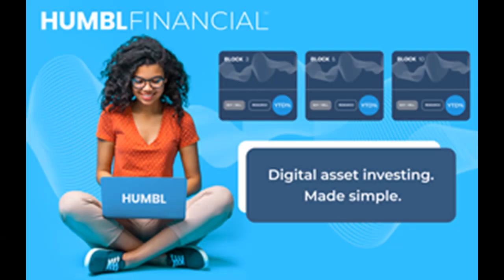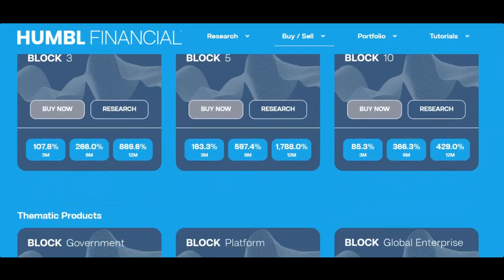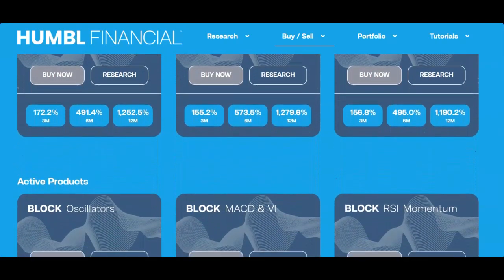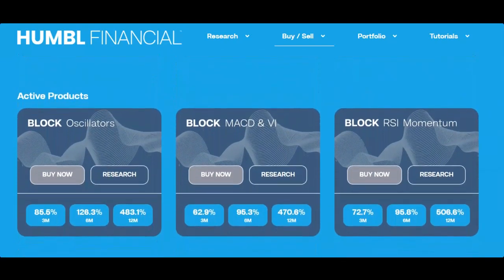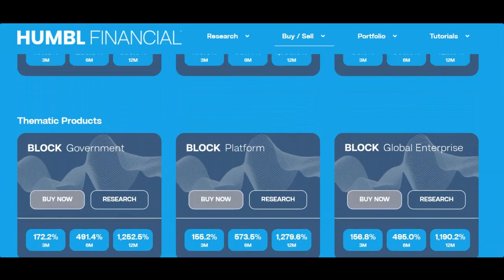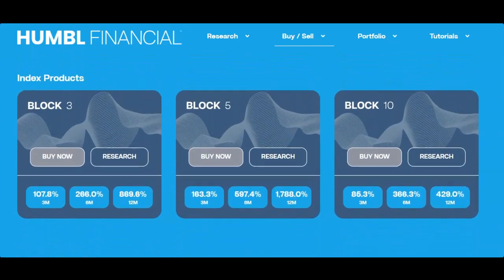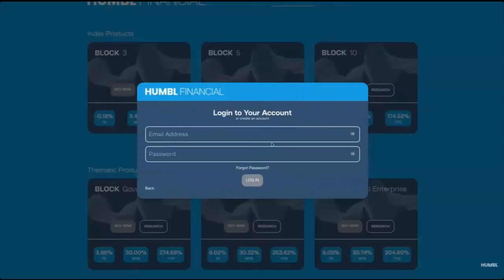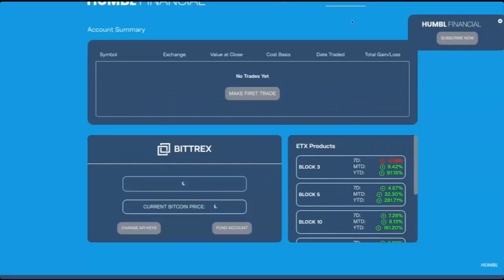Well, since I did my last video, Humbl Incorporated launched its block exchange traded indexes, or ETXs, in over 100 countries across North America, Latin America, Asia, the Middle East, Africa, and the Caribbean. The initial block ETXs include Block 3, Block 5, Block 10, Block Government, Block Platform, Block Global Enterprise, Block RSI, Block MACD and VI, and Block Oscillators. The block ETX lines were created by Humbl Financial to give retail investors access to one-click software services on the new digital asset trading markets. The block ETXs track 3 different vertical themes: index, active, and thematic strategies, allowing customers simplified portfolio exposure to new